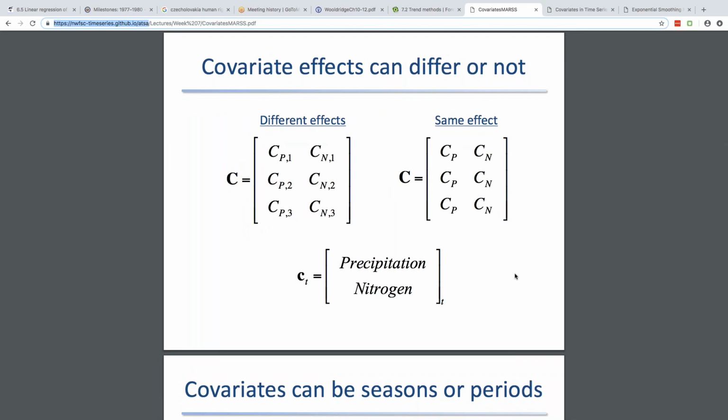Okay, so this is what you're going to be doing in the lab. In the lab, you're going to be working with a long-term data set on zooplankton in Lake Washington and a bunch of covariates, and you'll be testing how the covariates impact the different species, whether they have similar effects on the species or different effects, and you'll be testing whether the covariates should be coming in on the process side or on the observation